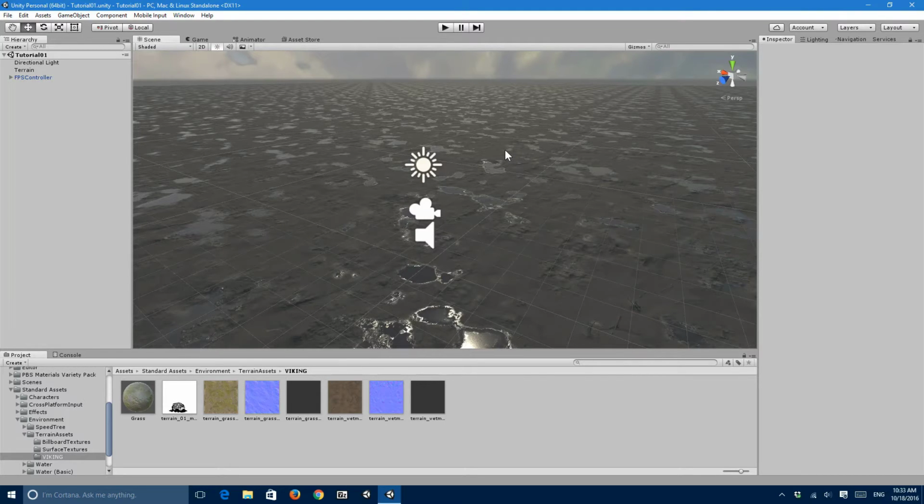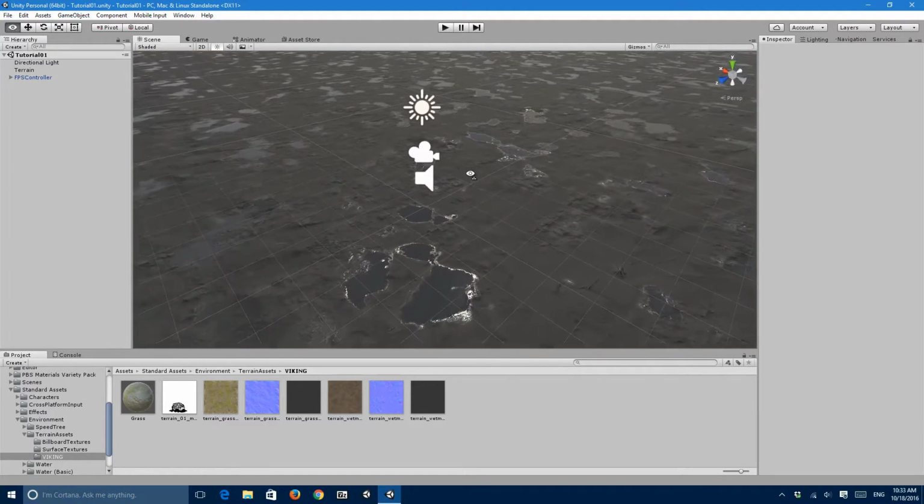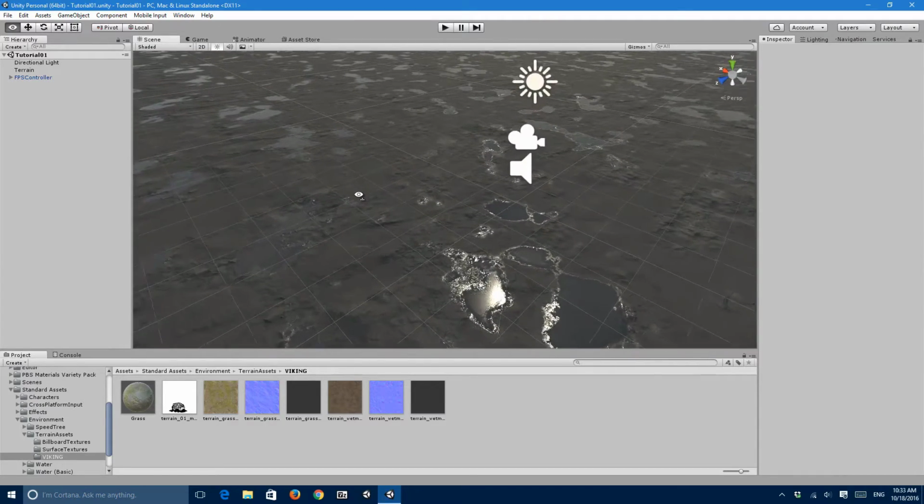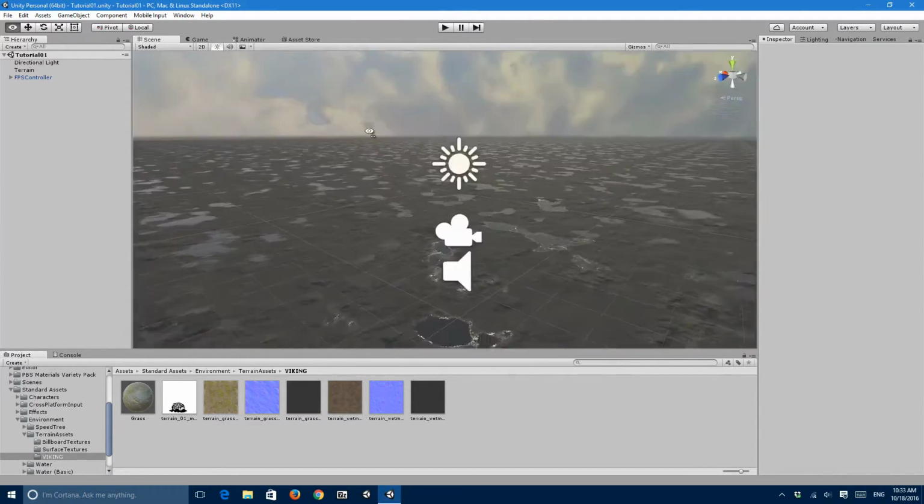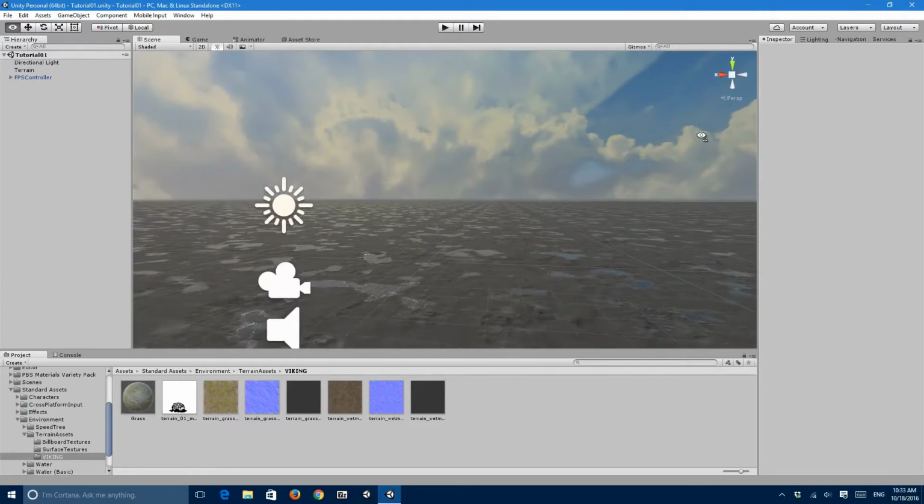So Relief Terrain, you can find that off the Asset Store for about $60 or so, I think. But it's definitely worth every penny. And I'm not using that, by the way. I haven't bought it, but I've tried it out before. But yeah, so anyways,